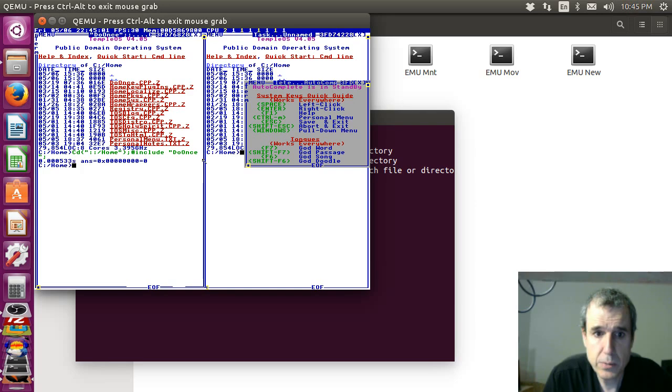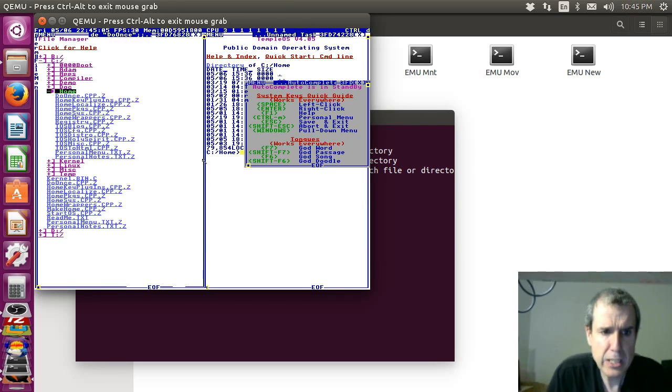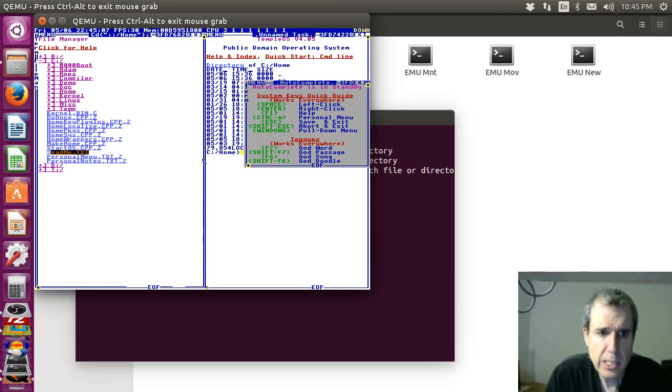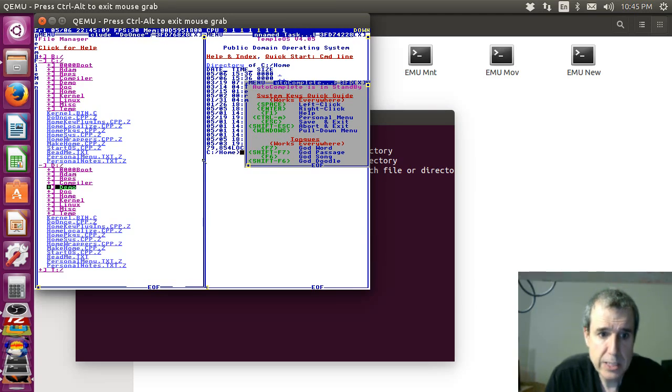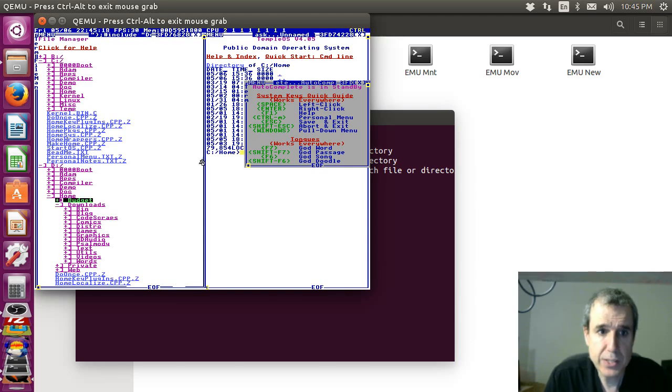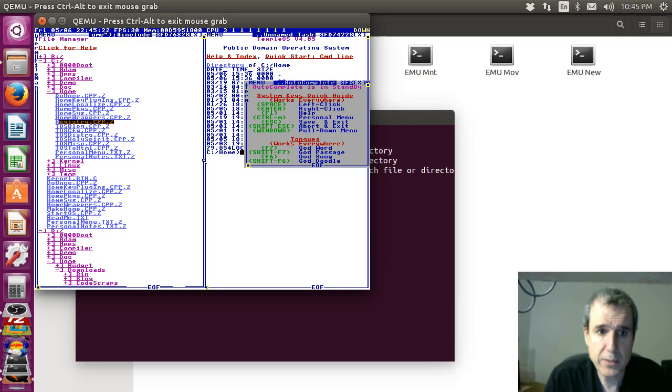So at this point on the D drive, it has my full home directory with all my subdirectories. So the C drive does not have my full home directory. It just has the files from,